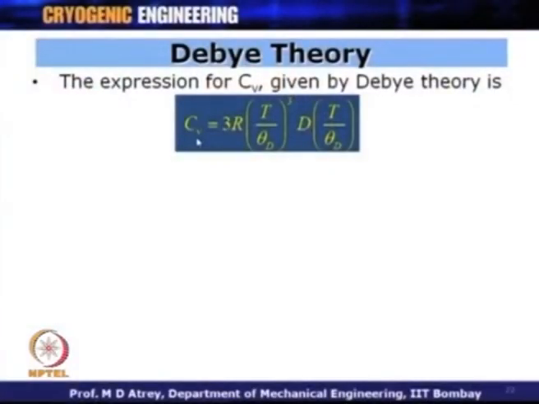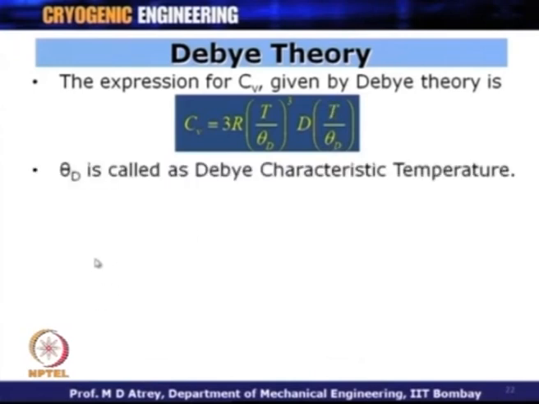Second problem is Debye theory. We know in Debye theory, we got an expression for the value of specific heat capacity. So, Cv is equal to 3R (T by theta d) cube into a Debye function represented by D of T by theta d. The theta d is basically Debye characteristic temperature, which is known and it is a characteristic temperature